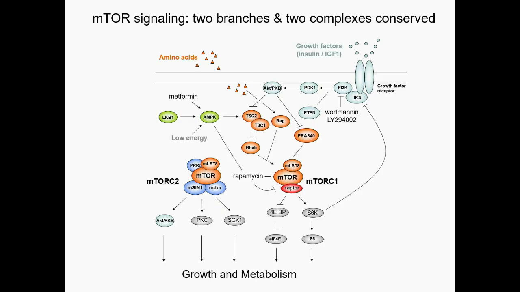Now, that statement I just made is not entirely accurate because this part of the network up here evolved much later. This evolved with multicellularity and was then grafted onto this part of the network down here, which already existed in unicellular yeast cells. And the reason for that is that this is the growth factor signaling pathway, for example, responds to insulin and other growth factors.